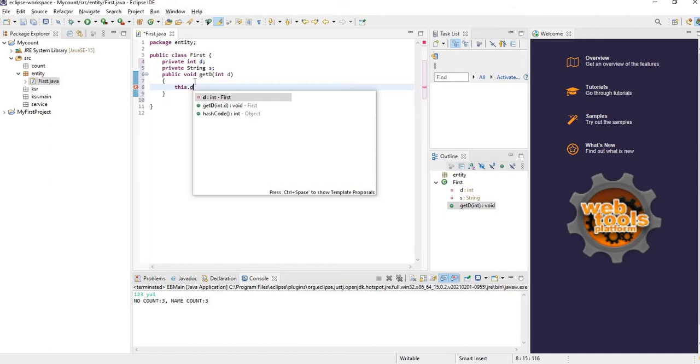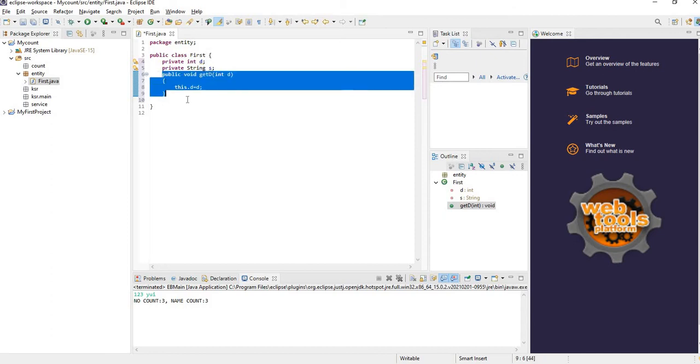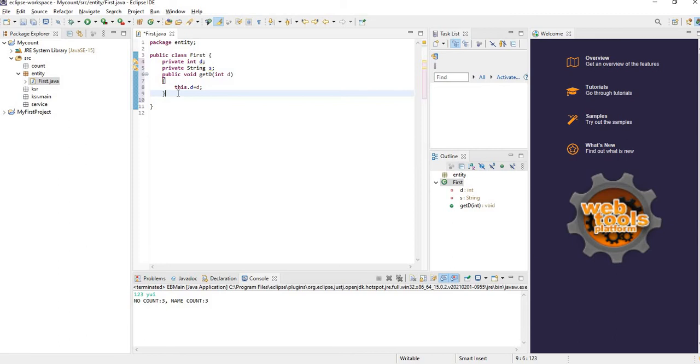This.d refers to the private int d, which is the member of the class first, equal to the d which is the parameter passed in the getter. Now we give the semicolon. This is the getter method for the variable d.